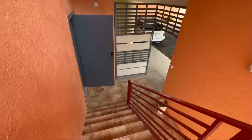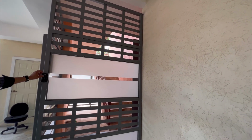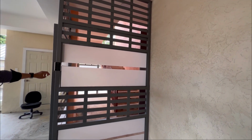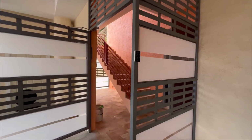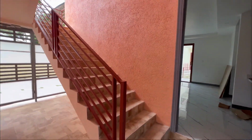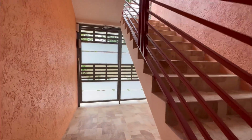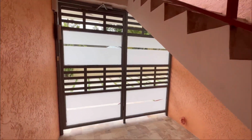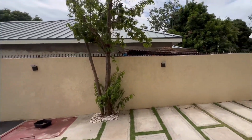So this property has 24-hour security, and even entering the stairwell, you guys, you have to put in a code as you just did to access this area. Great security feature. To access the side yard, again, it's another code going through this door. We absolutely love that. And then this door will take you outside to the courtyard area, side yard area, and then